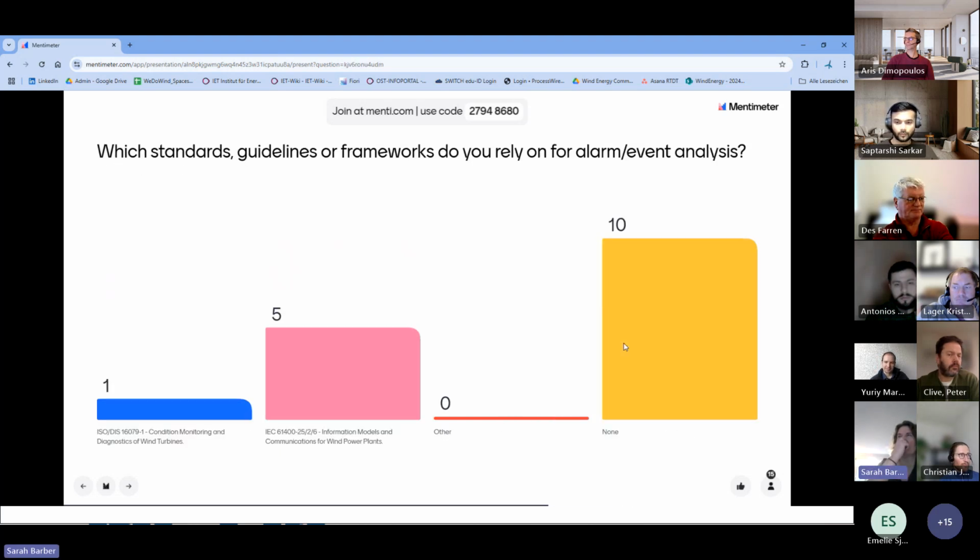Like the people who wrote none, is it just easier to make up your own thing that works for what you're doing? Or what are the reasons? Anyone want to say anything? Or the system is just not conforming to the standard, so it's not useful to you. Yeah. I think maybe different people can only follow the manuals from the OEMs, right? That's kind of inconsistent already. So